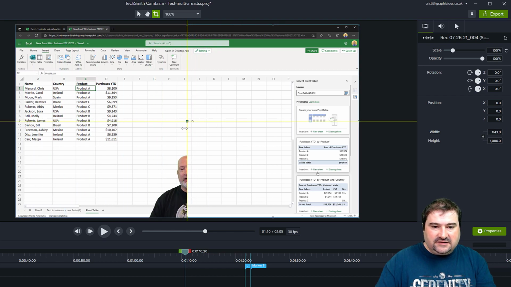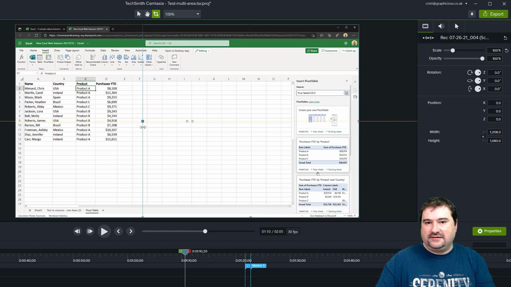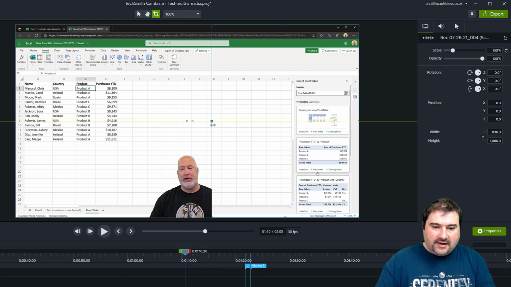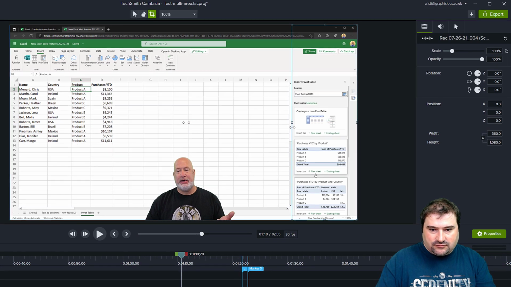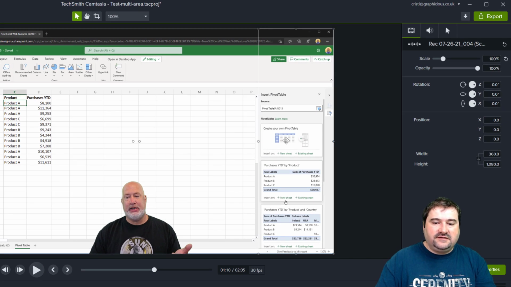You're not going to see any difference because it is the same exact clip on the same exact position. But as you can see, I'm cropping the copy now, and I can see Chris again because he was just below. The track with Chris on it with the speaker was on the bottom track there. So you choose when you want to stop cropping. Maybe I'm going to stop cropping right here just after the scroll bar. So now this is the clip that I copied and I cropped it. You can restrict that even further. You just crop the top of it like this because I just want to crop on the area that I'm interested in right here.